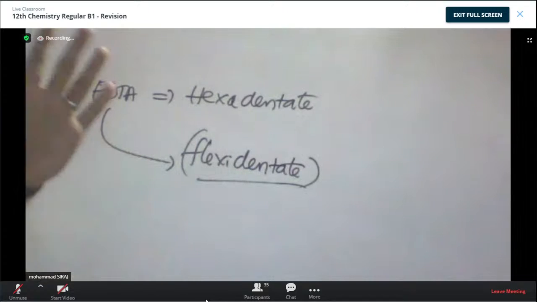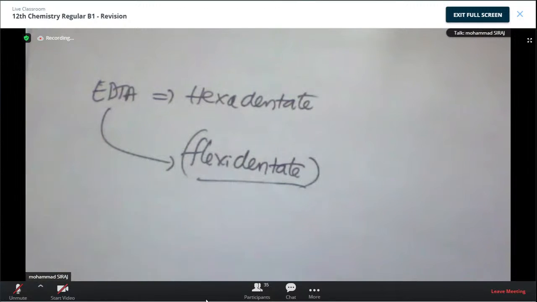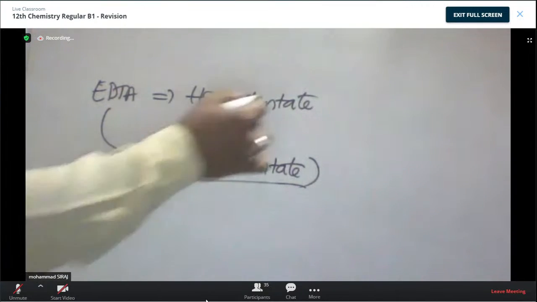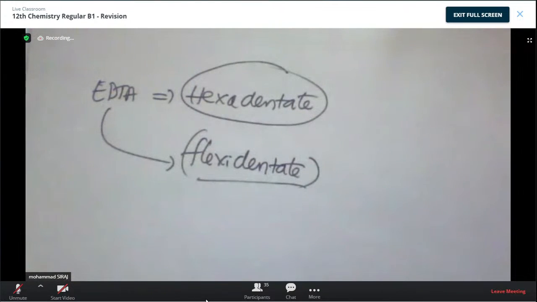This EDTA is a multi-talented person. Shall I say like that? Multi-talented means, based on the situation, it can adjust. That's why normally it is hexadentate. Generally the categorization is hexadentate, but it can act as a